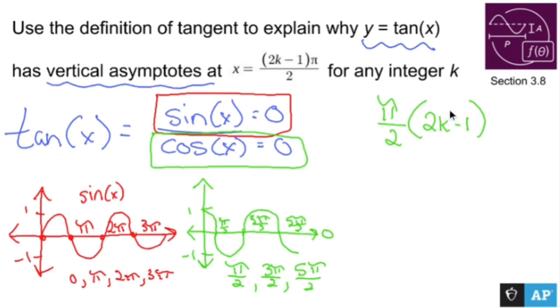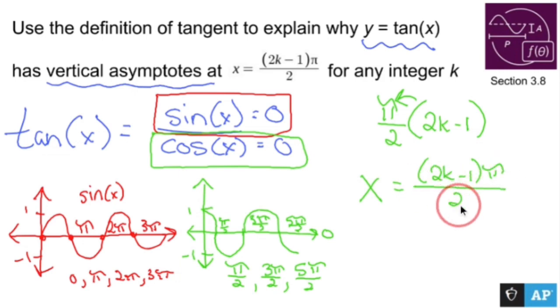So again, if I were to plug in 1, I would get 2 times 1, which is 2, minus 1 is 1. So 1 pi over 2. And if I were to plug in 2, then I would get 2 times 2 is 4, 4 minus 1 is 3. 3 pi over 2, so on and so forth. That, when simplified, and multiplied to the very top, gives you x equals (2k minus 1) pi all